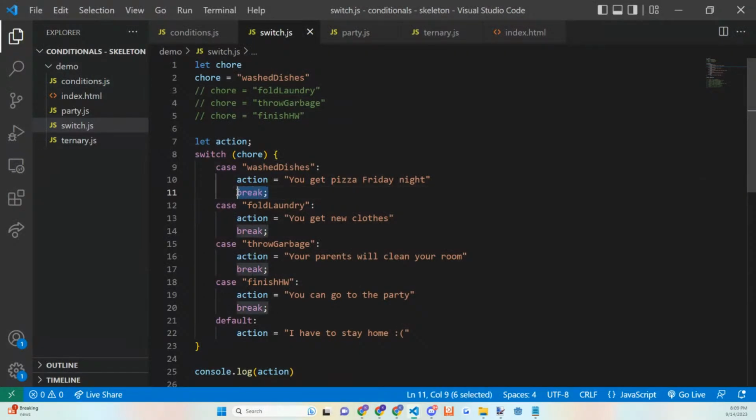Now it's important to have this break so that we know that we don't run any other switch case just in case. It's also part of the syntax, in order to make sure that we have something to exit our switch case. You can also return, but something like that is also essentially breaking out.